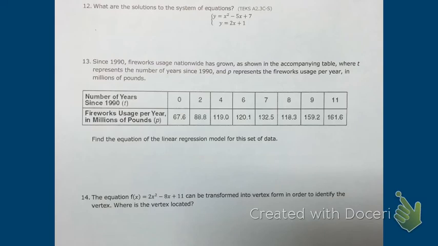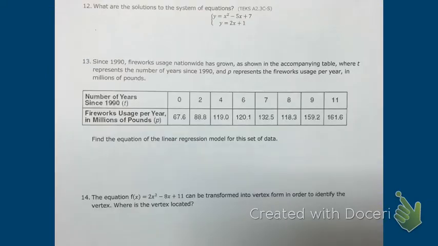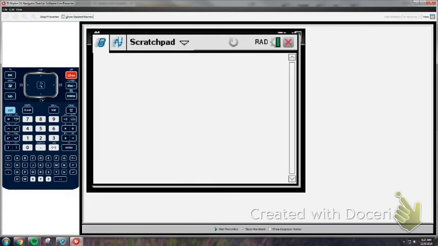Number 13, we're going to go over this one in class because we haven't really talked about linear regressions, so just save that one for class time and we'll talk about it. Number 14, actually I can show you all 13. For 13 in your calculator, if you forgot how to do regressions, we want to set it up in a